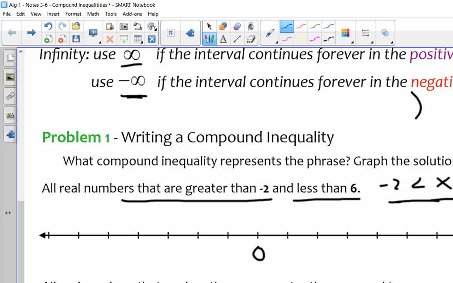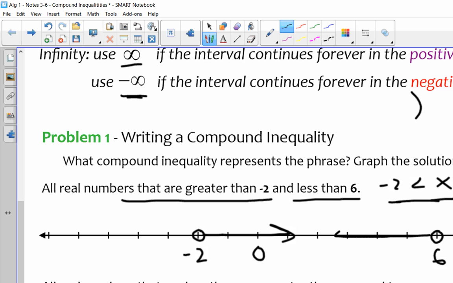It's really important that we read. Okay, so x is greater than -2. I'm going to put an open circle at -2, and my line's going to go that direction because it's telling me that. But then the second one, x is less than 6. So I'm going to find 6, open circle at 6, and let me label these two, and the arrow's going